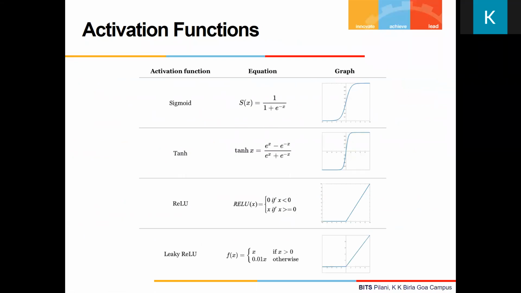Again, in feed-forward networks, sigmoid is still very popular. But in recent years, ReLU is becoming more and more popular, the rectified linear unit. Its equation is very straightforward. If the input to the activation function is negative, the output will be 0. If the input to the activation function is some positive number, the output will be the same as the input. That's the case. So it is very attractive because it is very simple.